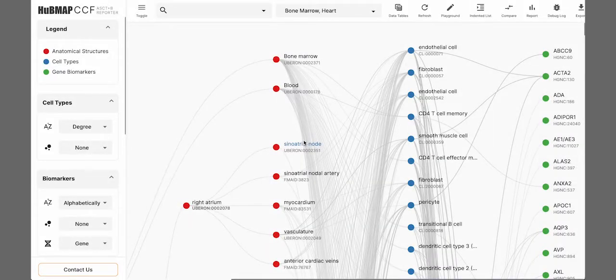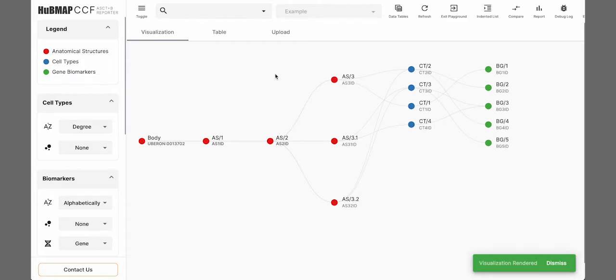Now let's look at the playground feature. It allows you to examine a mini version of the visualization as well as upload and visualize your own data. To enable the playground function, go to the toolbar and click the playground icon. This is a smaller version of the visualization that is easier to understand. On the top there are 3 tabs. The visualization tab is where you'll find the visualization. Then there is a tab called table, where the visualization is in a tabular format, and then there is the upload button.